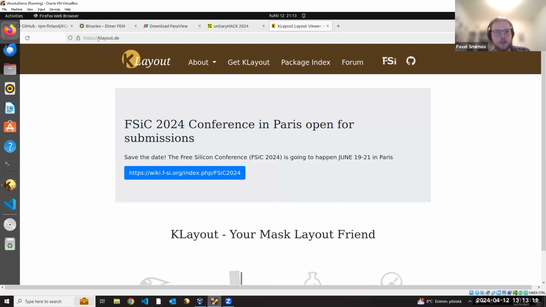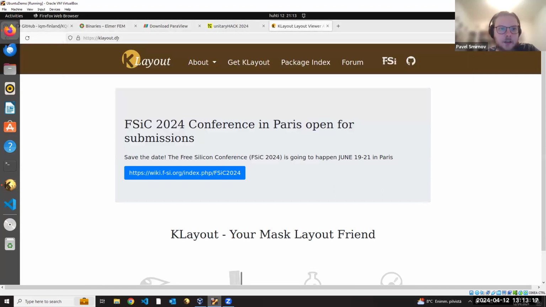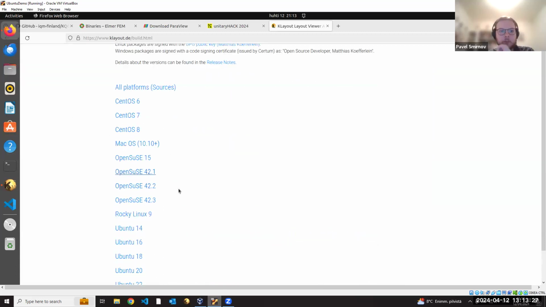Hopefully you can see them okay. But the website is klayout.de. I guess it's under a German domain name. But this is the website for KLayout, and you can press Get KLayout, and then depending on your